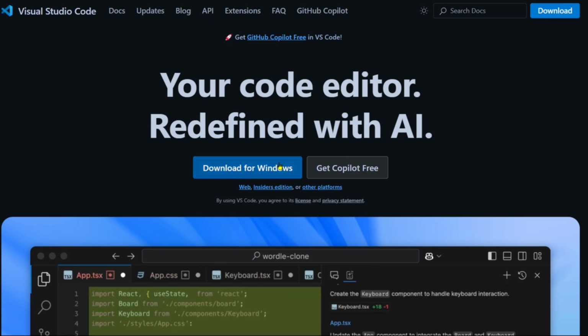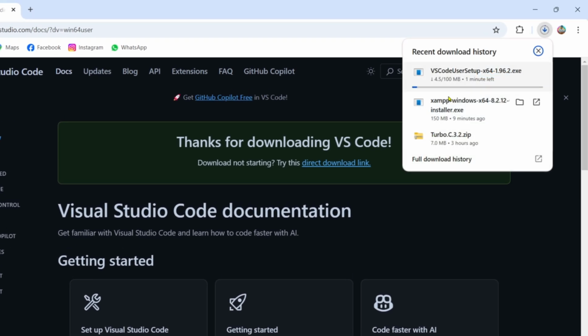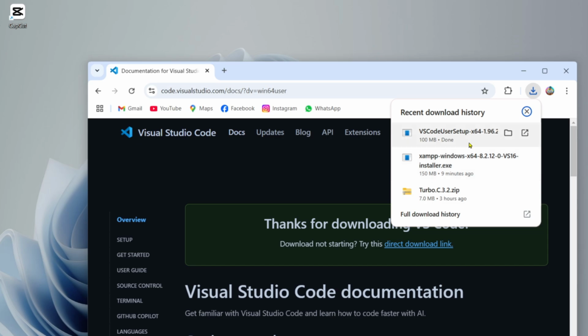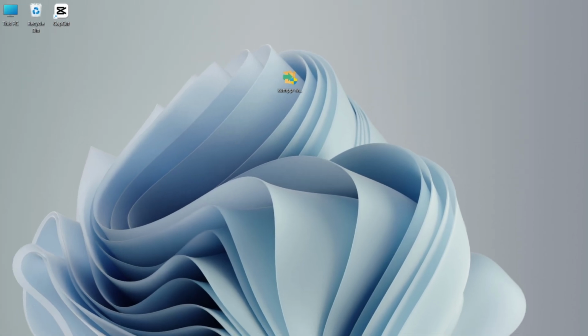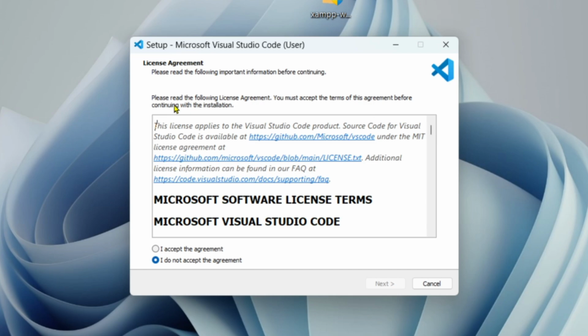called download for Windows. If you click on that, after a very short time the download will start, and it's only 100 MB and needs a couple of seconds, so keep patience. After completing the download, we're going to drag it onto the desktop and install it by clicking on it 2 times, and then there will be a setup Microsoft Visual Studio Code